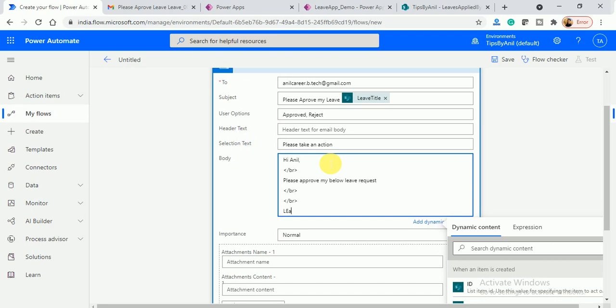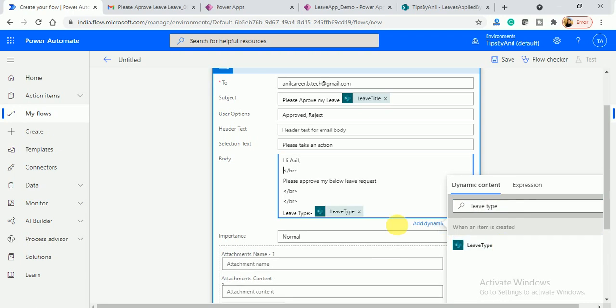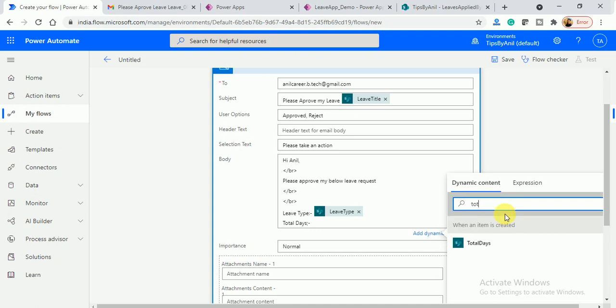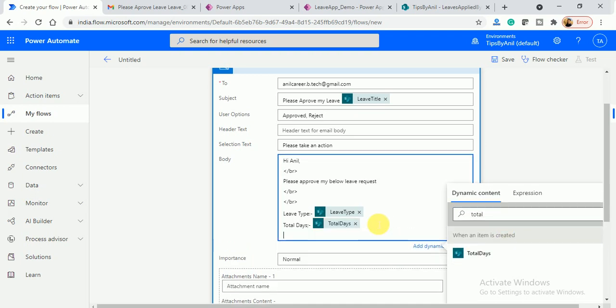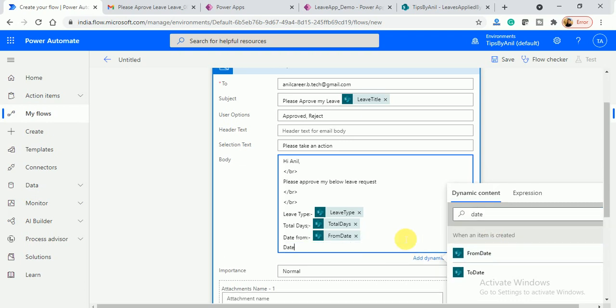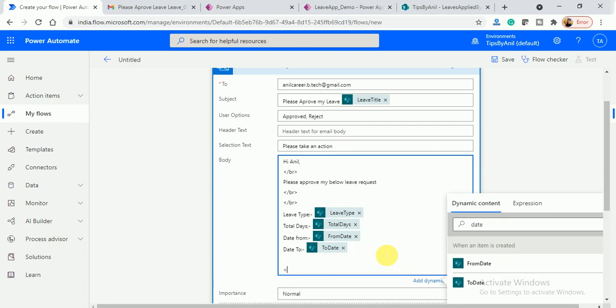Here we have to provide our leave information: leave type, total days, date from, and date to.